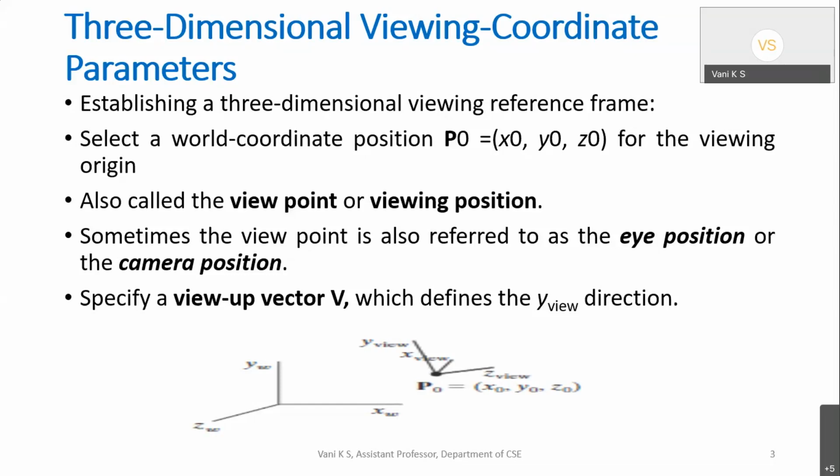All that depends on where you are standing, where you have set up your camera. So that is required here. We call that the viewing position. As of now, we will designate our viewing position as P naught, that is, we are standing at the origin. The camera in the OpenGL graphics system is at the origin. So P naught is nothing but (0, 0, 0), or we could say X naught, Y naught, Z naught. We call this the camera position or the eye position.